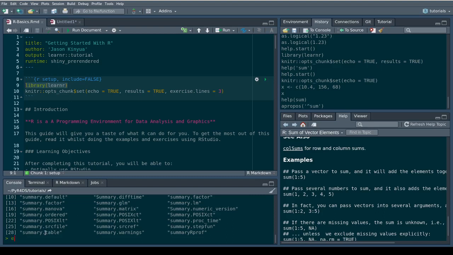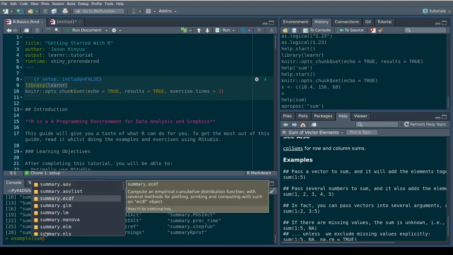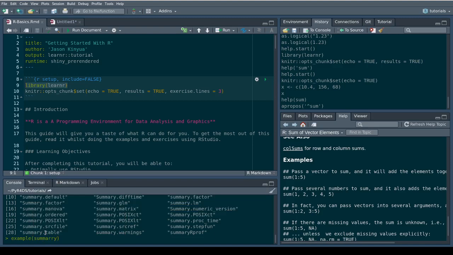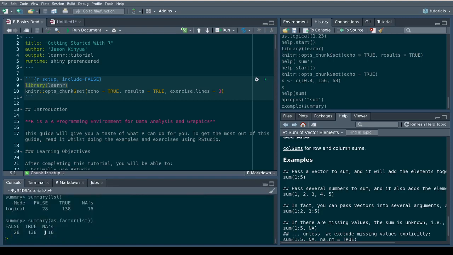The other one is example. Assume you want to get an example of the sum function, or now we can go for the summary function. These are the examples.